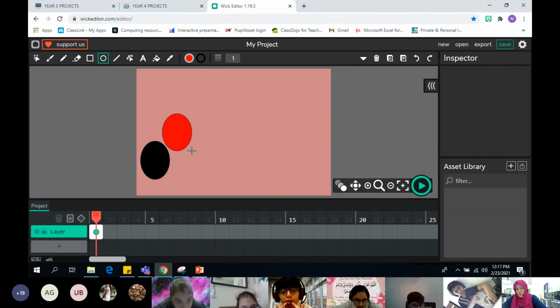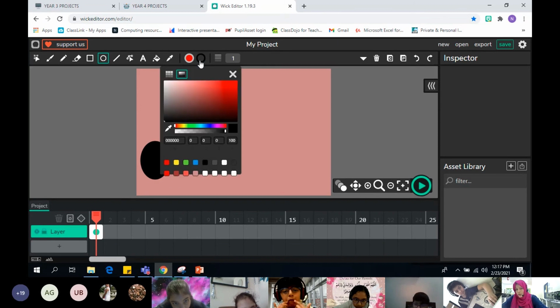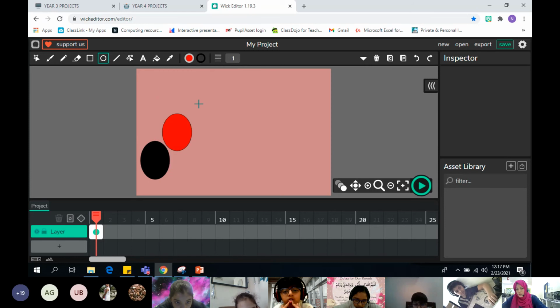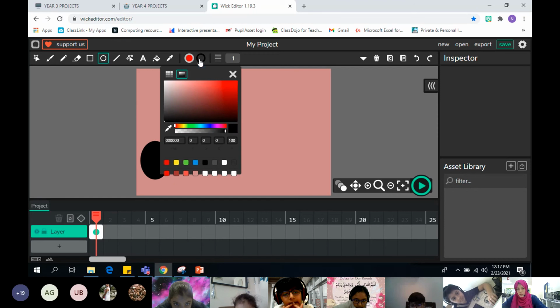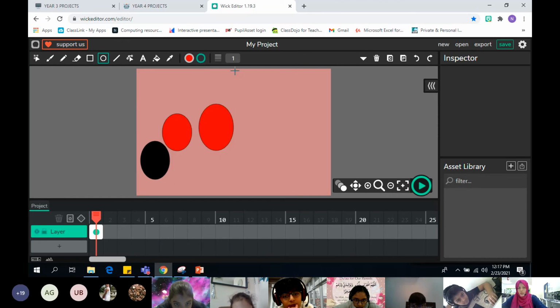When I drag it, it will appear on my screen. Now you can see the stroke is even given. The stroke means the outline. I want to change the outline. Right now it's black. I'll make it blue. I'll say okay. When I draw this, you can see, no, it didn't change. It's still black. Blue. Done. Now it's changed. So I can change this.